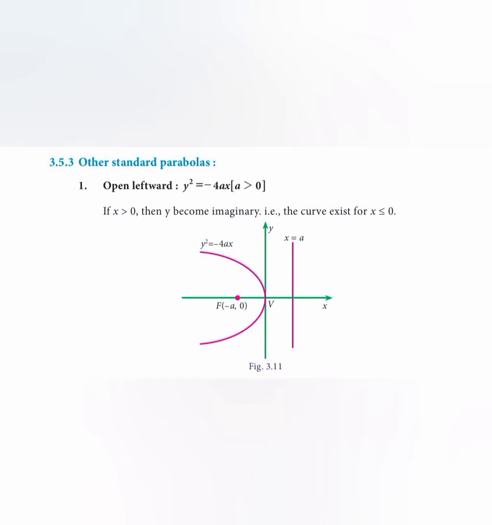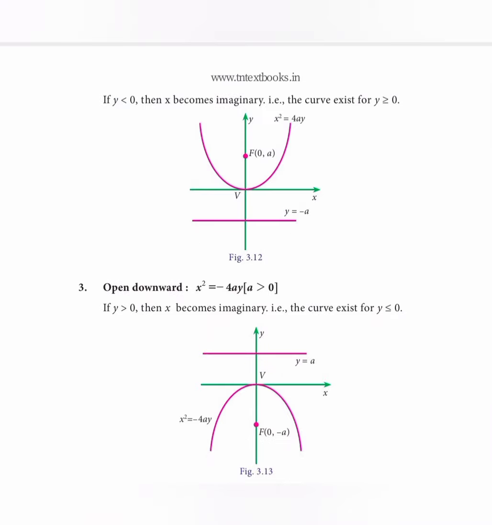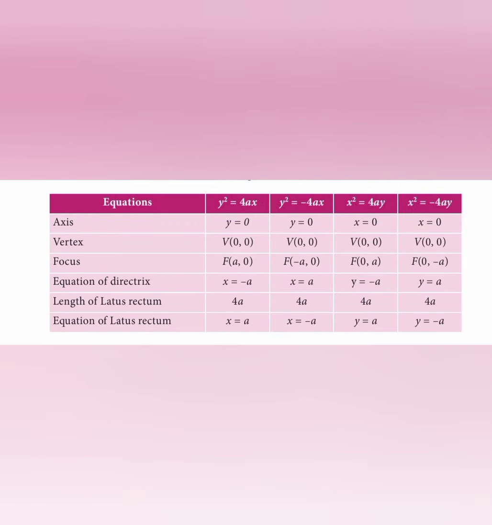And the different types of parabola are the parabola which opens leftwards, y square is equal to minus 4ax, the parabola which opens upwards, and the parabola which opens downwards. This tabular column is very important. Using this only we will be doing all the sums. You have the classification for each type of parabola and its different topics involved: axis, vertex, focus, equation of directrix, length of lateral rectum, and equation of lateral rectum. It is better if you write this tabular column in your classwork, so that it will be easy for you to identify what format has to be used for the kind of parabola you are going to face, that is y square is equal to 4ax or y square is equal to minus 4ax.